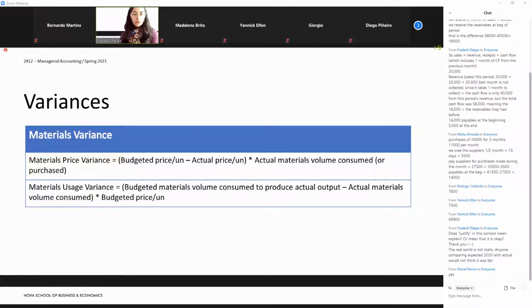If we follow the formulas as they are here in the order that they are here in the slides, whenever it is a positive result, it's a favorable variance. If it is a negative result, it's an unfavorable variance. Okay,